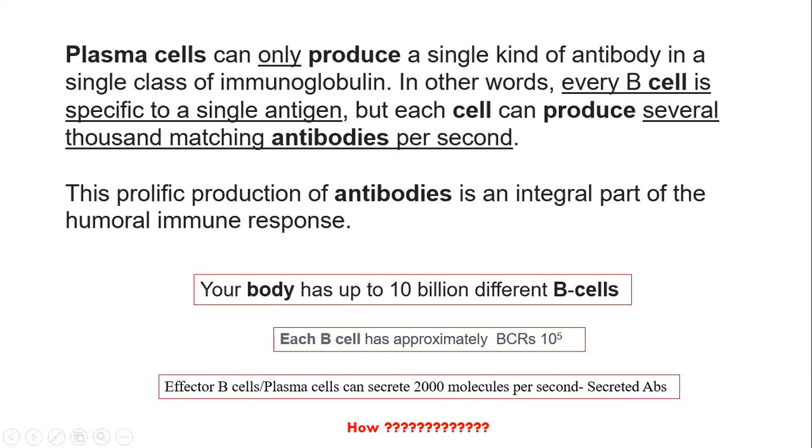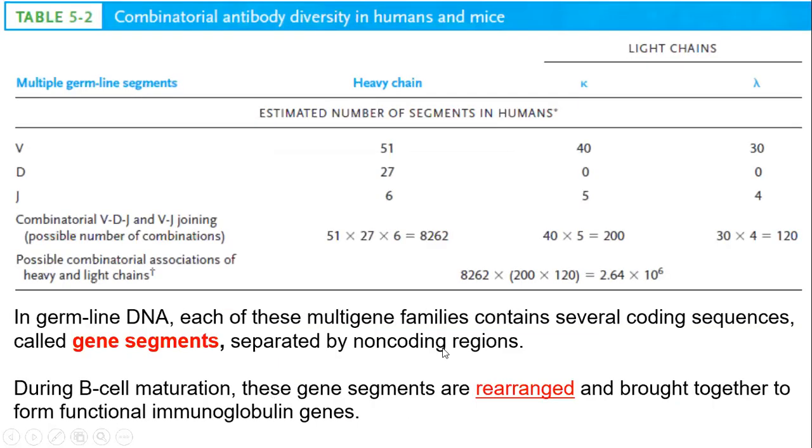So basically, you are looking at a lot of combinatorial possibilities, and the number is huge. How can a system generate that? What it does is combinatorial control. For example, I am going back to specific segments of the heavy chain and light chains, the germline segments and somatic segments that we will talk about in the next class. We are looking at segments called VDJ. We are talking about the heavy chain gene and the light chain genes, kappa and lambda.